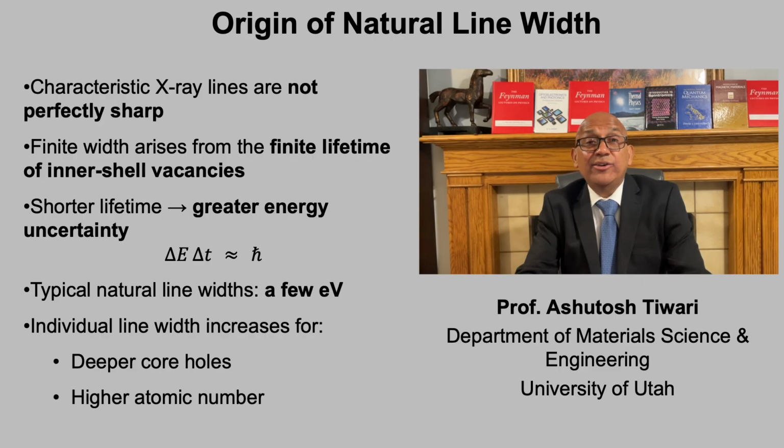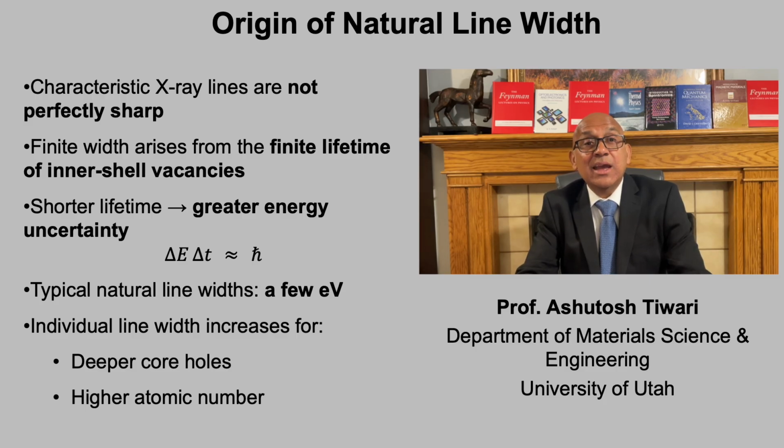Characteristic X-ray lines are not perfectly sharp because the inner shell vacancies that produce them exist only for a very short time. When an inner shell electron is removed, the resulting core hole relaxes almost immediately through X-ray emission or Auger processes. Because this lifetime is finite, the emitted photon cannot have a perfectly well-defined energy. This behavior is captured by the energy-time uncertainty principle, which tells us that a shorter lifetime leads to a greater uncertainty